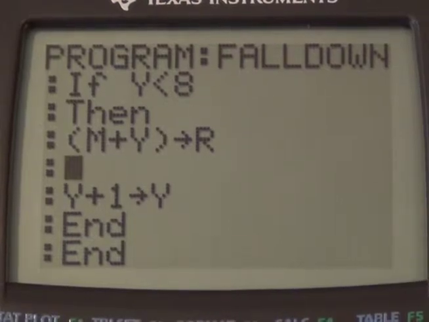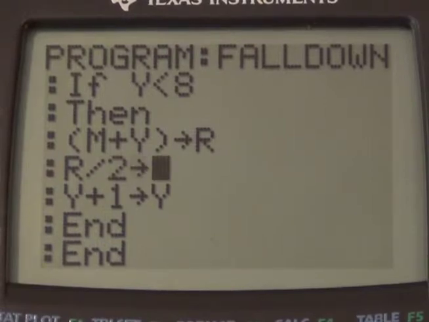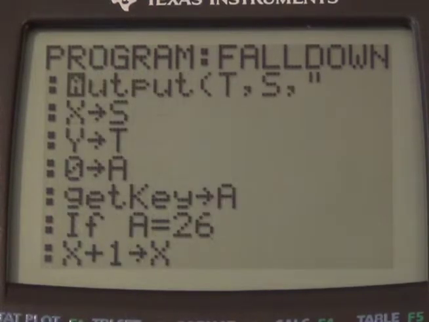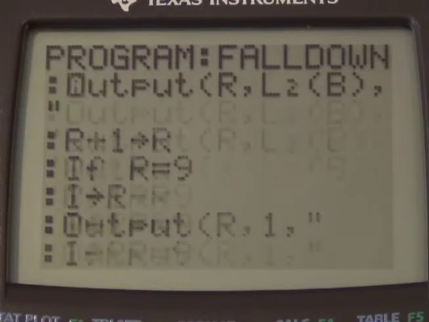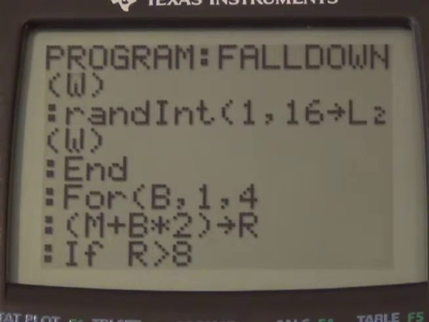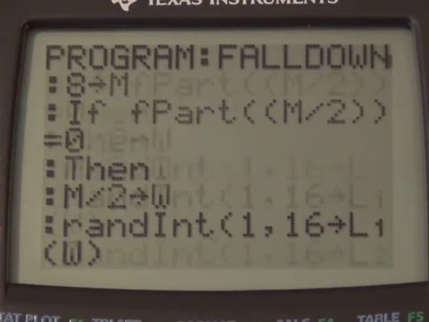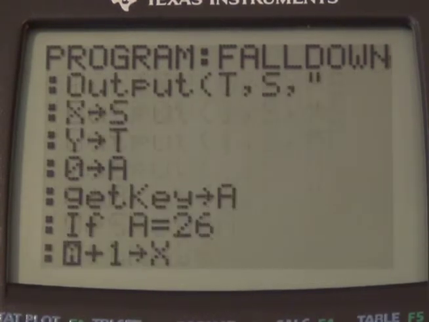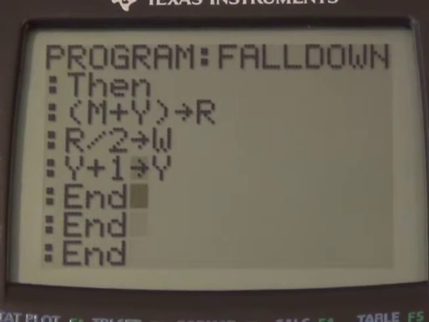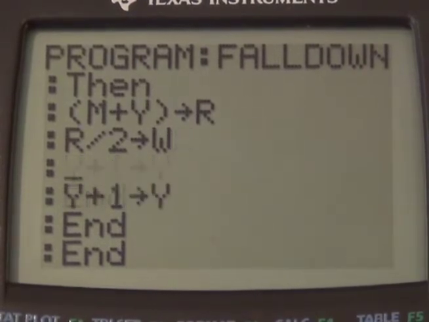And then r divided by 2 is going to give us our index, I believe. Did I even use w up here? Yes, but I think I used it inside that loop. Yeah, so I can use w again down here. So if r divided by 2 is w,